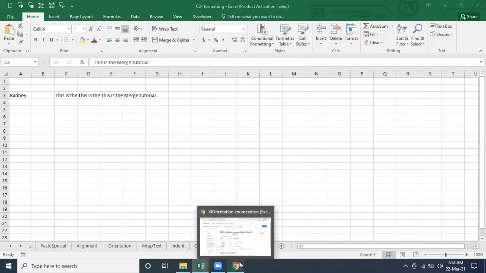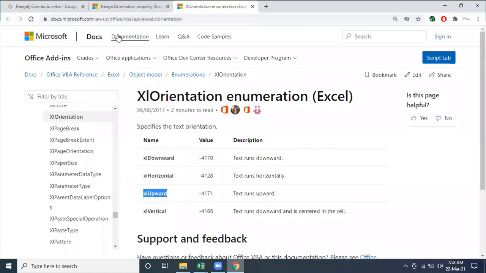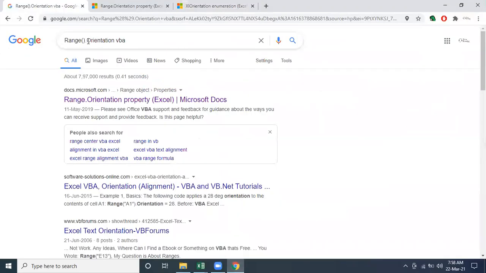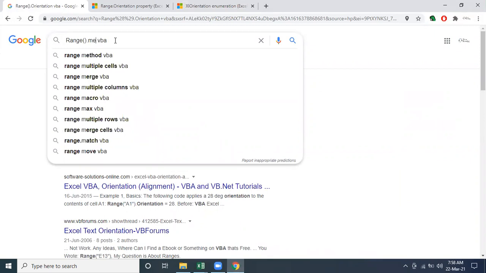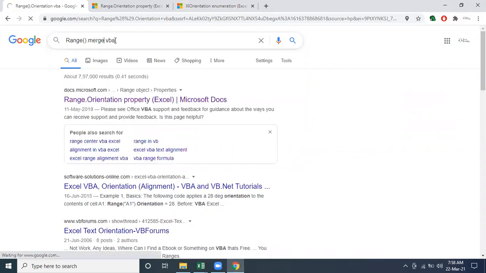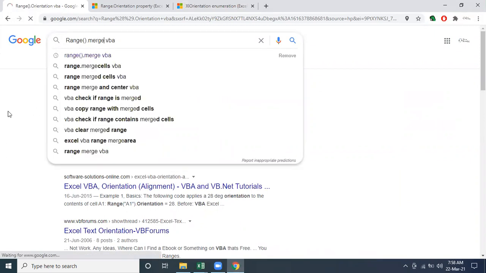Same way, if you want to do it, we have to go here and call the merge, and then we have to pick that URL.